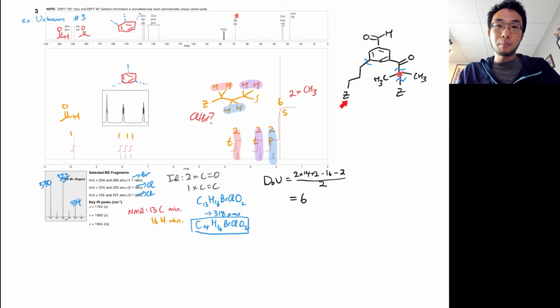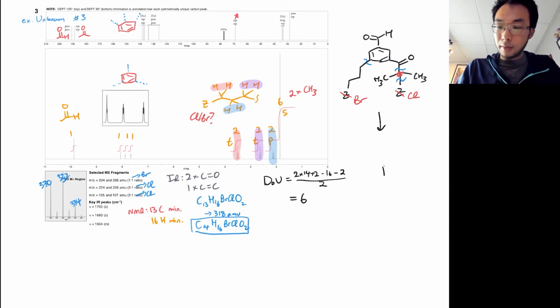Whereas bromine is not that electronegative. It doesn't cause as much of a downfield shift, meaning I would expect this CH2 and this CH2 to show up in a similar place in the carbon-13 NMR. So again, that's a bit of an inference, but it makes me think that this is the chlorine and this is the bromine. Overall, getting us to a final answer